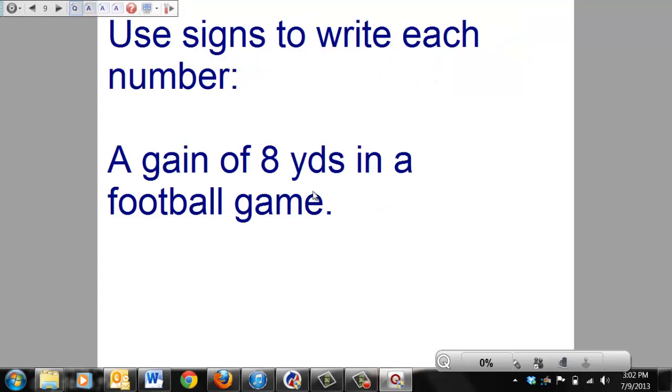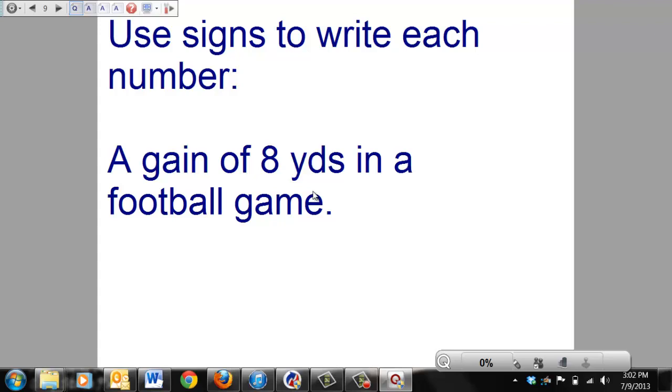So let's use some signs, meaning positive or negative signs, to write each number. For example, a gain of 8 yards in the football game. Somehow the Dolphins managed to get their hands on the ball, and they actually ran it in the same direction,